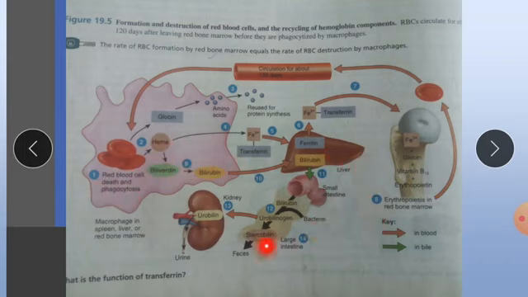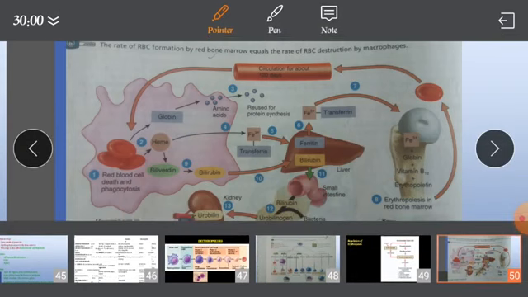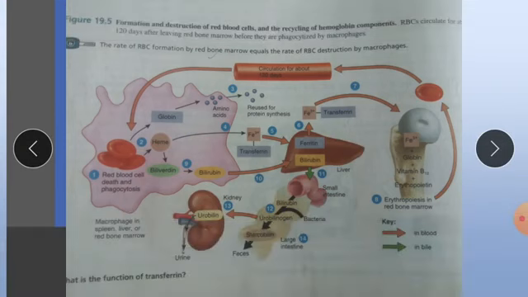There are a total of 14 points, and all the points we will see one by one. Red blood cells live only about 120 days because of the wear and tear their plasma membranes undergo as they squeeze through blood capillaries. Without a nucleus and other organelles, RBCs cannot synthesize new components to replace damaged ones. The plasma membranes become more fragile with age, and the cells are more likely to burst, especially as they squeeze through narrow channels in the spleen.